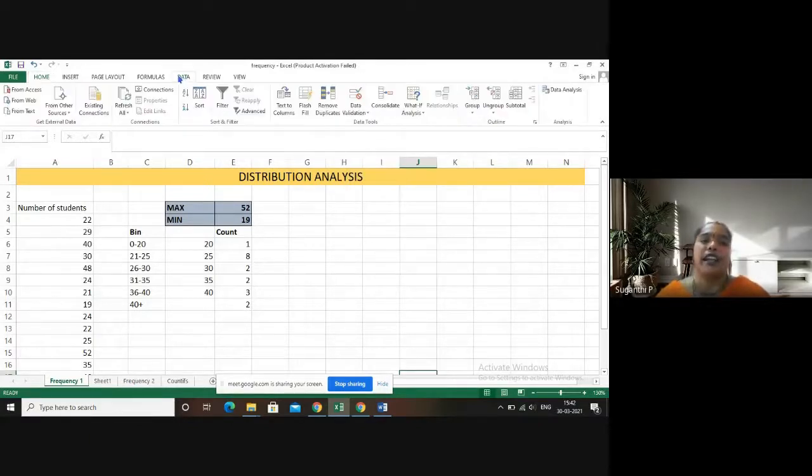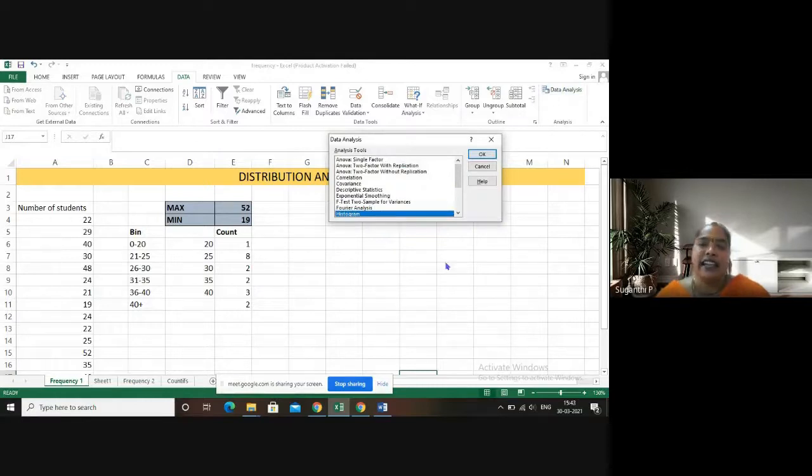Then come to the Data menu. In the Data menu, you can find at the top right-hand corner that Data Analysis is enabled. Previously it wouldn't have been enabled, but since we have enabled it from the Excel Add-ins, now it is available for analysis. This is a one-time procedure, no need to do it every time.